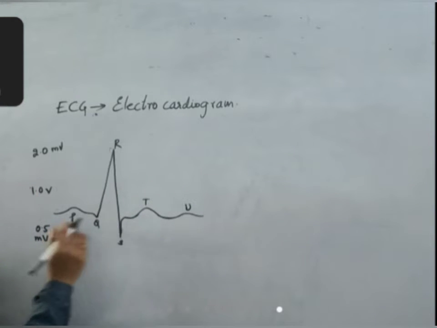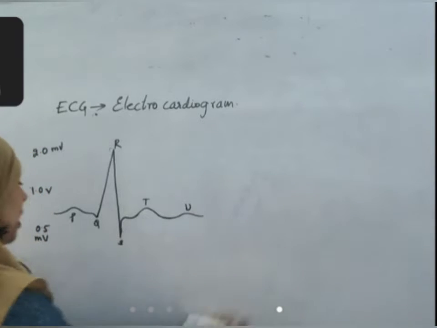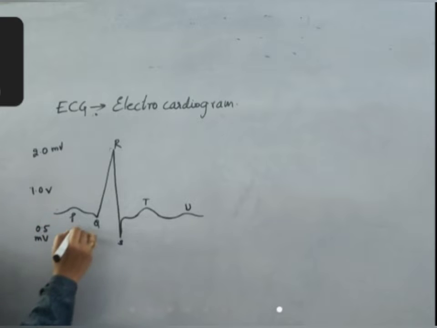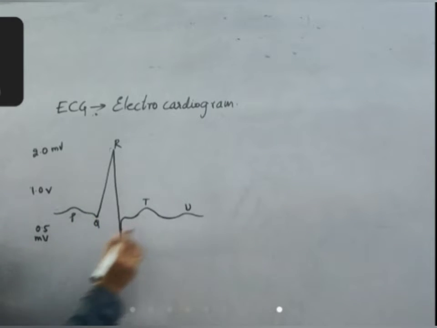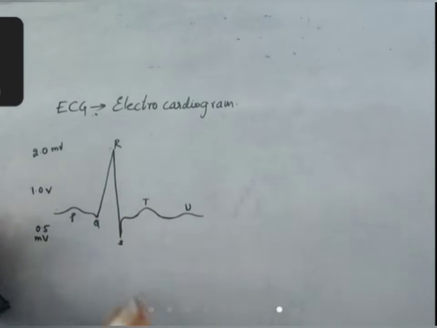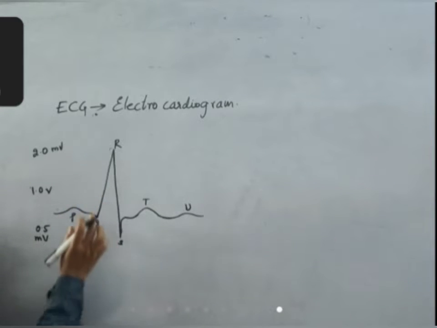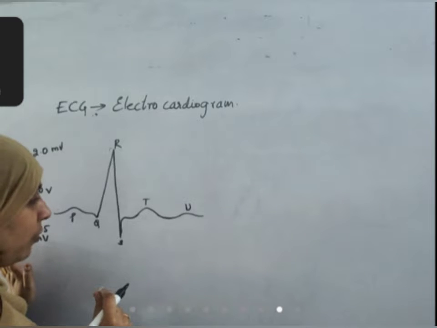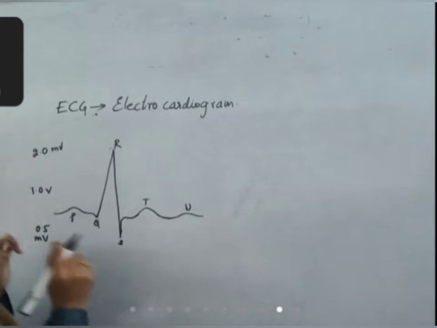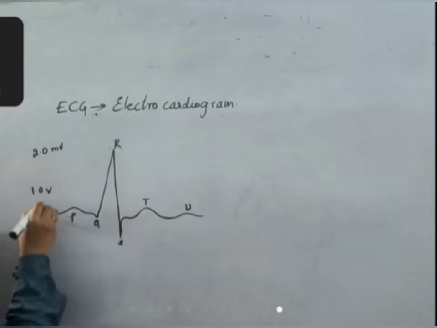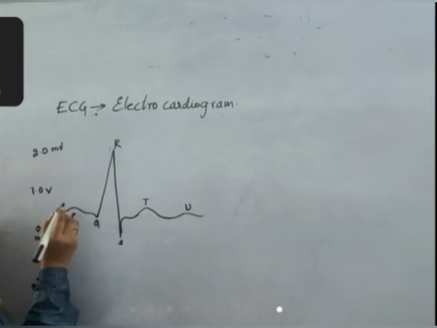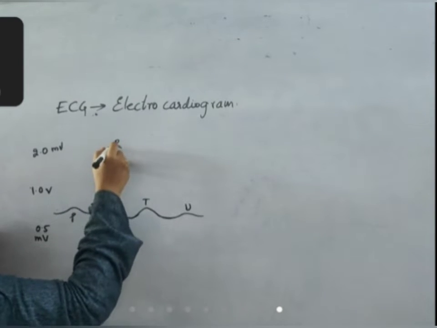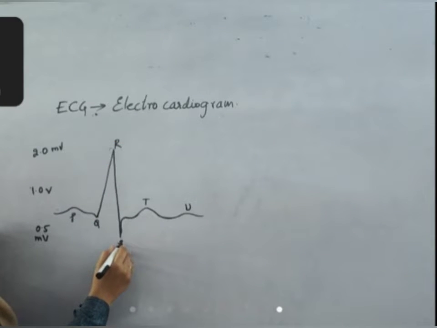Okay, after this, again P, Q will start. So if there is any inversion, if P instead of being like this is from down, or if there is a straight line, it means no impulse is generated. Slight ups and downs mean that the system of production of nerve impulse is not correct. So between 0.5 to 1 microvolt, in between P is there, a little lower than that Q is there, R is the peak stage and S is the lowermost stage.